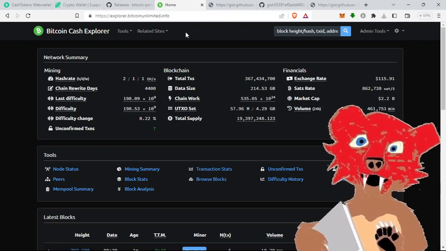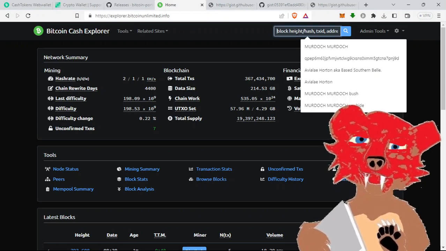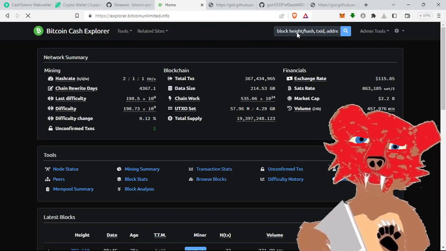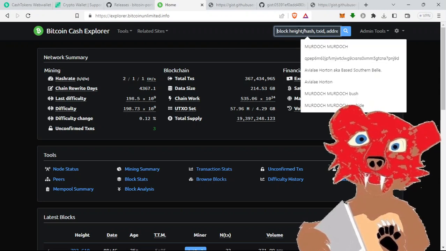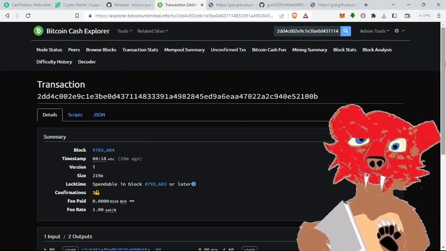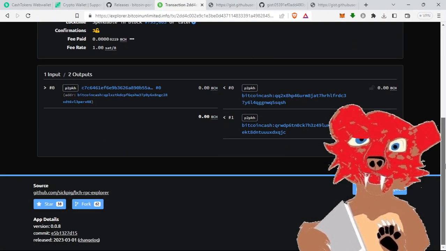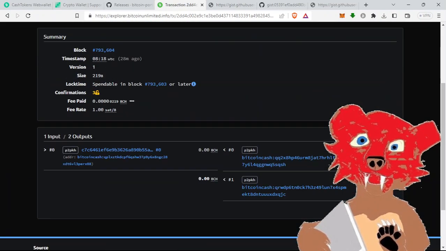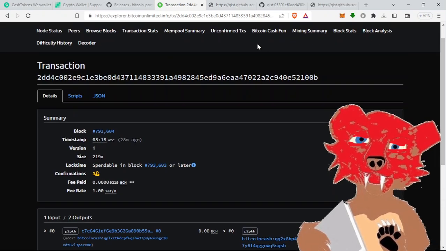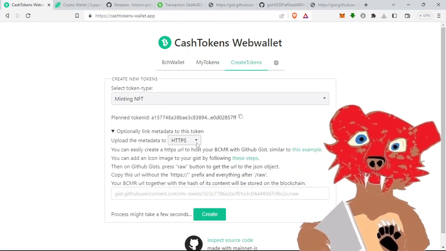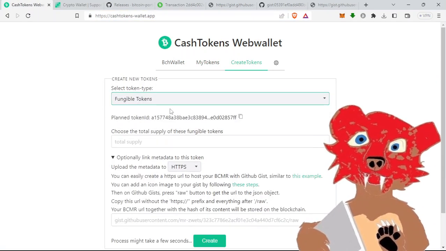Let me go over to this, the Bitcoin Unlimited Block Explorer. Let's see what's on here. Nothing on it. Okay, here it is. You know what? Let's try to create a token again. I want to, let's see, fungible token. Okay, you know what? I think before,